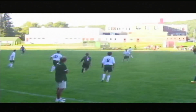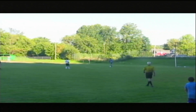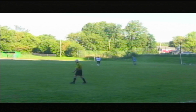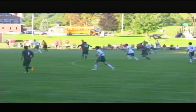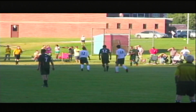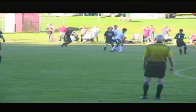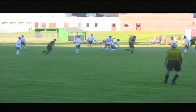So we'll see what West Rutland can do here in the waning moments of this game. That ball's played straight ahead and pretty much right to Kyle Kemp's feet. And being the smart senior keeper that he is, keeps it at his feet until he's under pressure, and then we'll play the long one over the top. Good interchange through the midfield for Green Mountain. Some good interchanging by Green Mountain, but